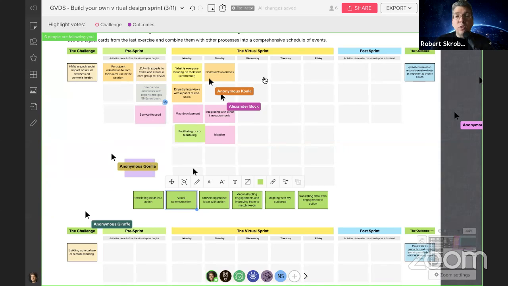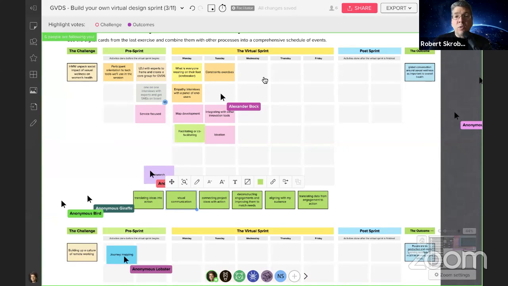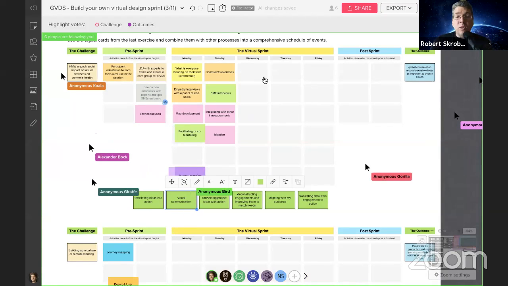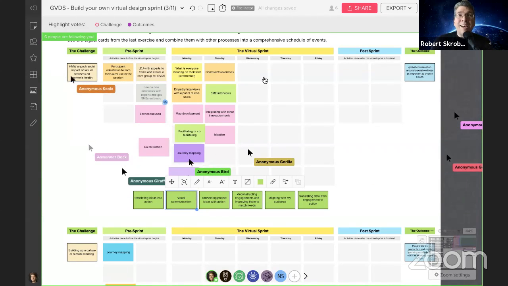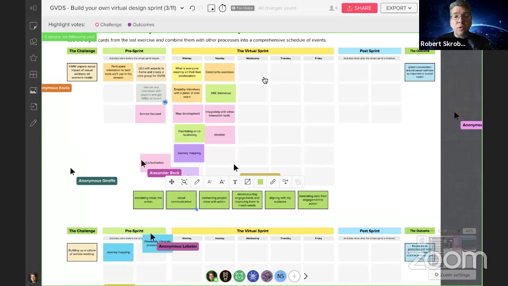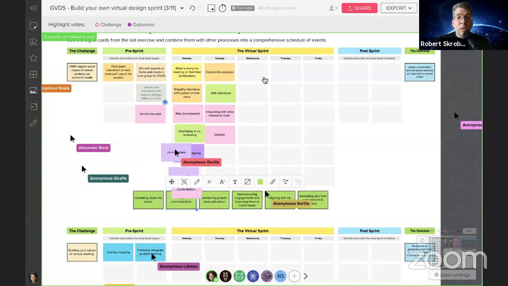And again, ask questions, because we did this for the art sprint and there were some questions around how activities map to outcomes, and we addressed those. This is taking it one step further by tying in the individual or the professional to the activity itself within the virtual sprint. And Robert,